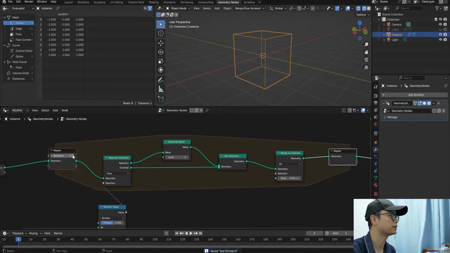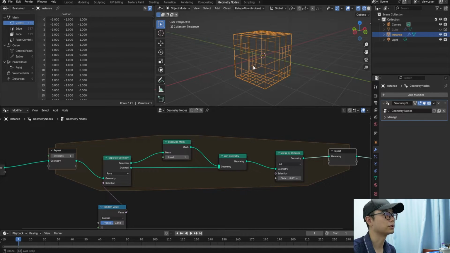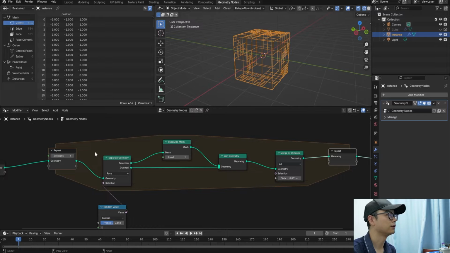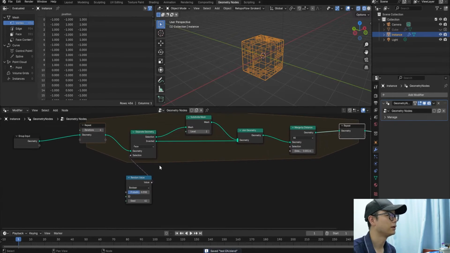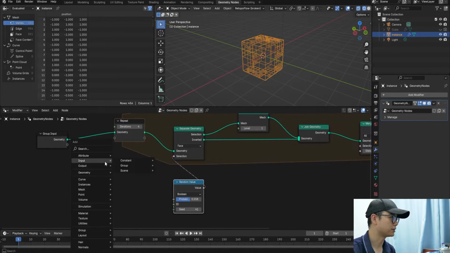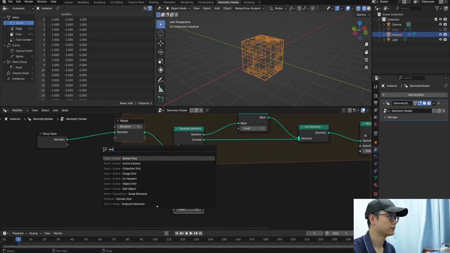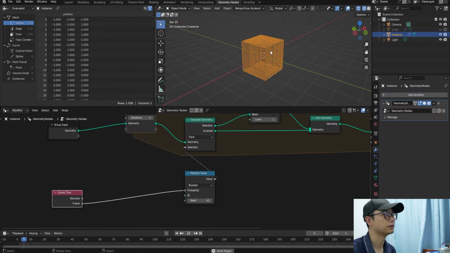If we tweak the iterations, 1 time, 2 times, 3 times, 4 times, it will be like this. To make the animation, I use a Scene Time node. If we connect the frame here,